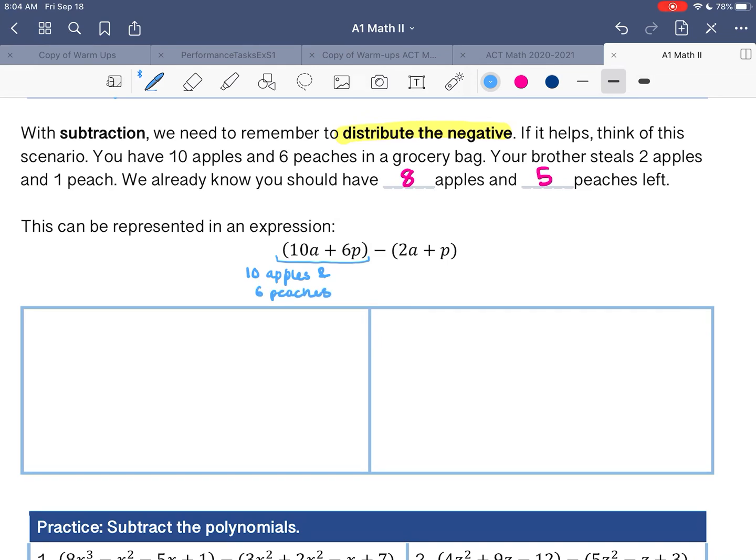I'm just representing my word problem in a polynomial subtraction. And then he takes, that's what this minus means, he takes, and then on this side we have 2 apples and a single peach. So same scenario, just represented with polynomials. And so what I'm going to do is I'm going to show you the wrong way first. If we didn't distribute that negative,